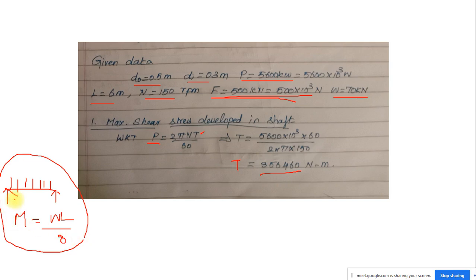A simply supported beam with the point load at the center, or a simply supported beam with the point load at the left-hand side or right-hand side, if you want those, you can go to your data book, page number 6.5. On page 6.5, for different types of beams, the maximum bending moment value and the R value, everything is given in the data book itself. It doesn't want you to remember any formula. Everything is available in our PSG design data book.